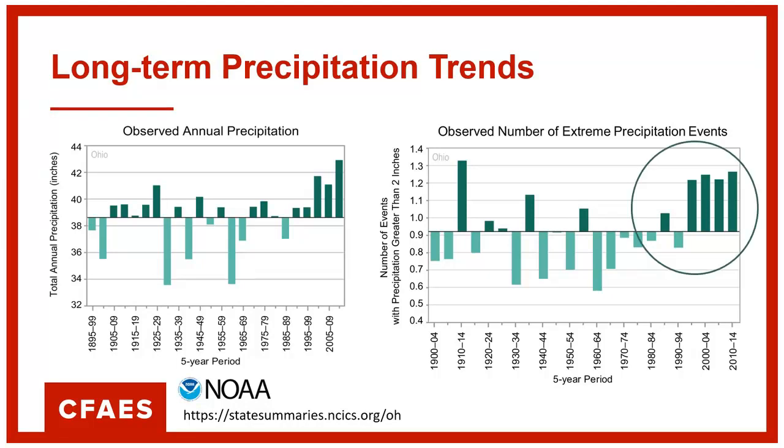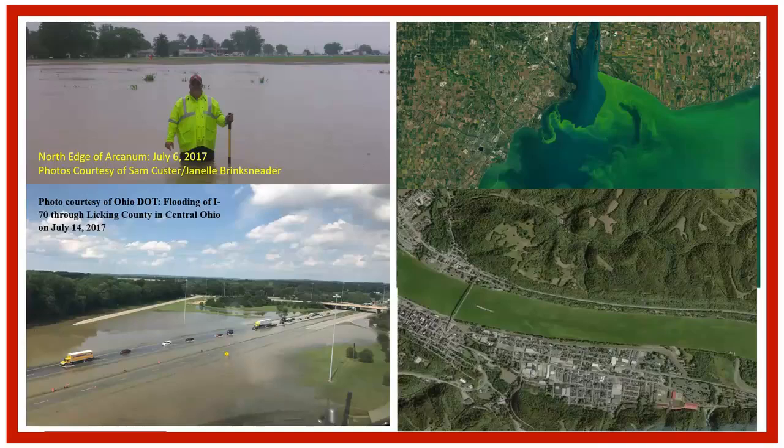So that's just, I'm circling what I just circled there. So there we go. You can see what are some of the other big years. 1913 stands out. That was a huge year, basically a statewide flood. So are we heading back for that? Probably not. But this is certainly something to think about in terms of applying fertilizer and manure.